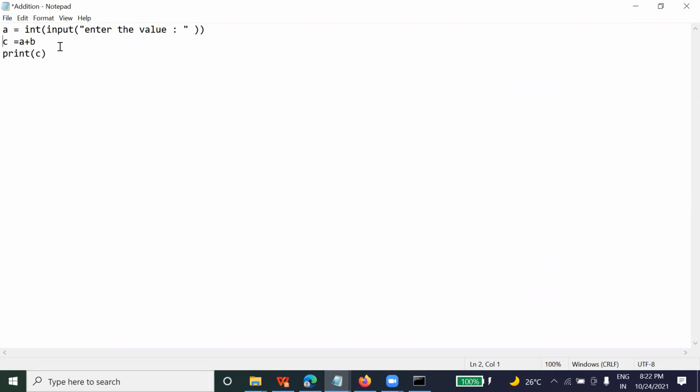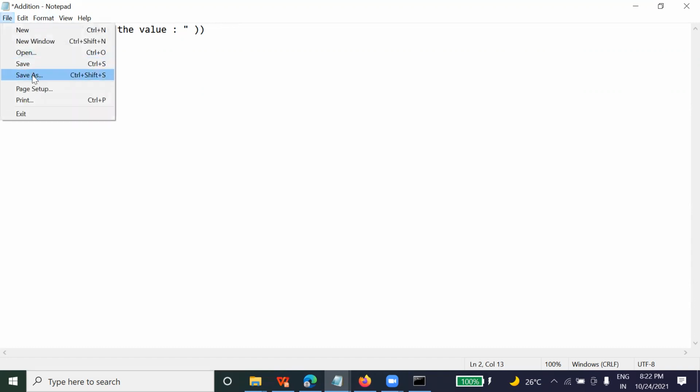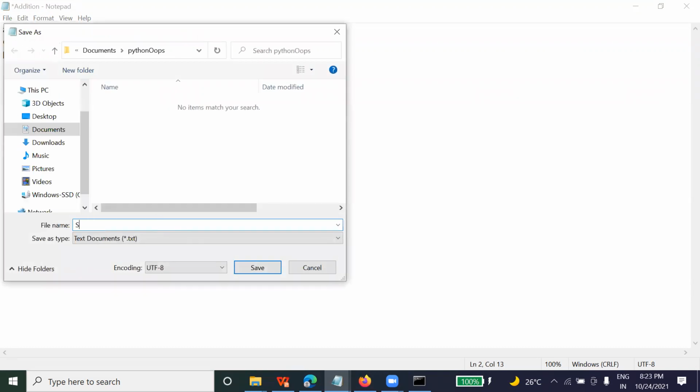Suppose I ask the user to enter a value, and in order to perform square root, we need to use 0.5. Let me save this as square root .py, in the same path.